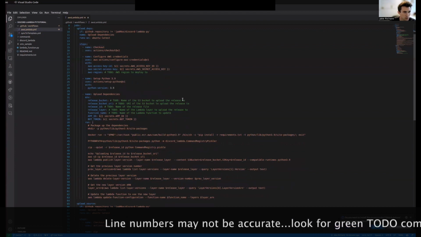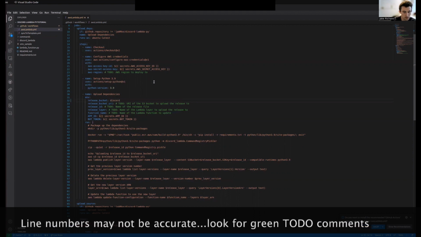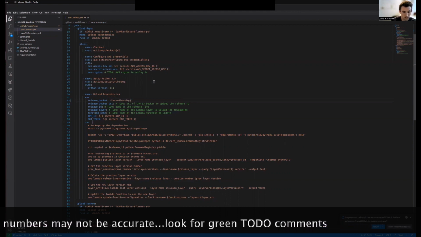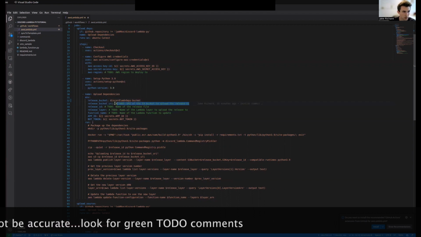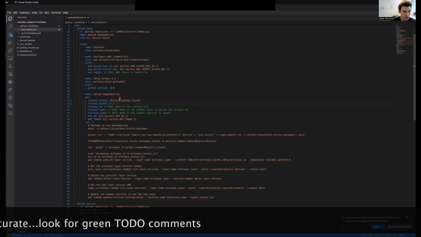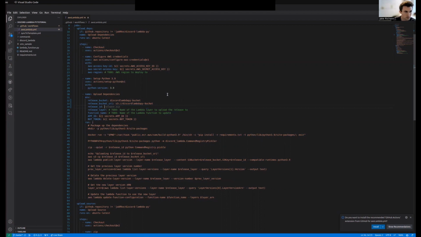On line 32, we specified the name of the S3 bucket that we set up earlier. In this case, that's Discord Lambda Pi bucket. And on line 33, we specify the URI of that S3 bucket, which is simply S3 :// Discord Lambda Pi bucket, or whatever your S3 bucket name is. Here we specify the name of our release file, or our dependencies file.